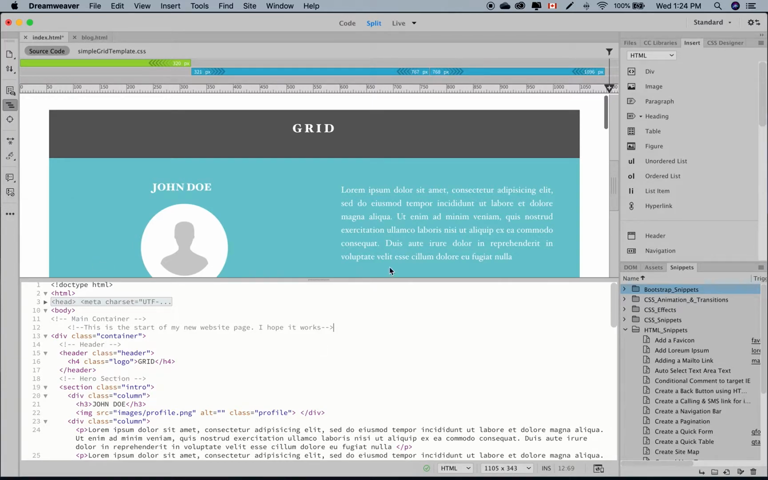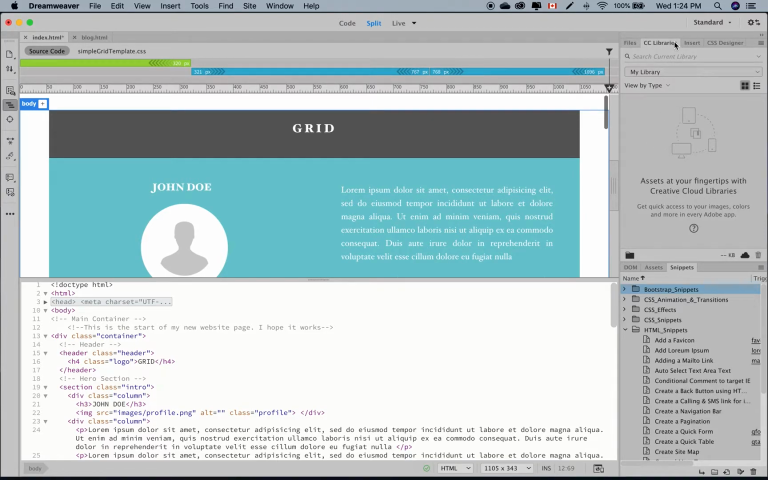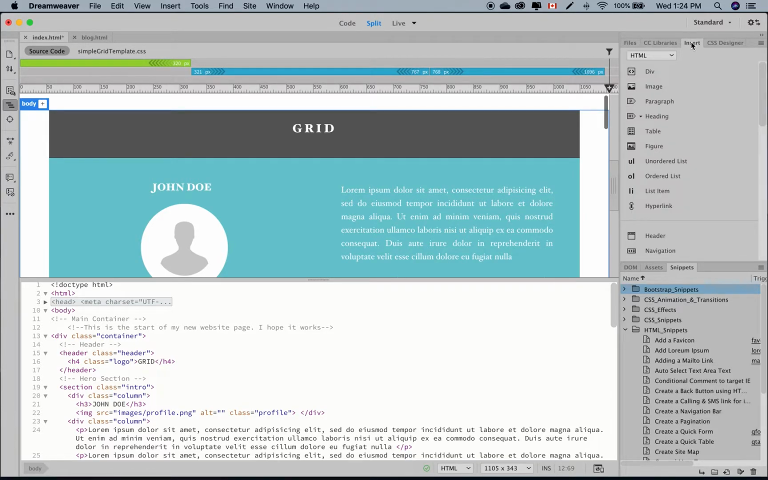Other things that we can see here, on the right hand side, we have different panels or tabs. Files is where this is my root folder, and this is what I've already got saved on my root folder, so I can see what's in there. If I want to add some image files to my root folder, I can pull them up from here. I haven't done anything yet. If I'm on Creative Cloud, I have some library stuff that I can access. I can insert certain